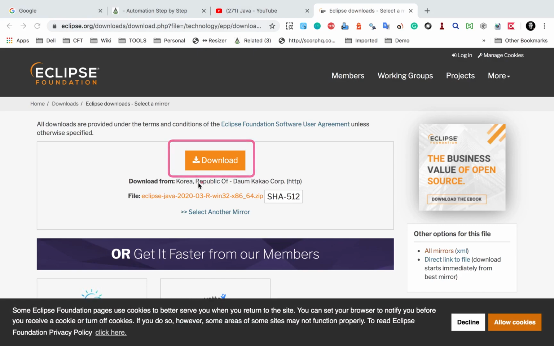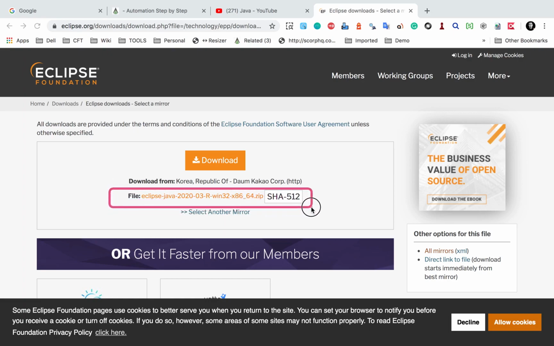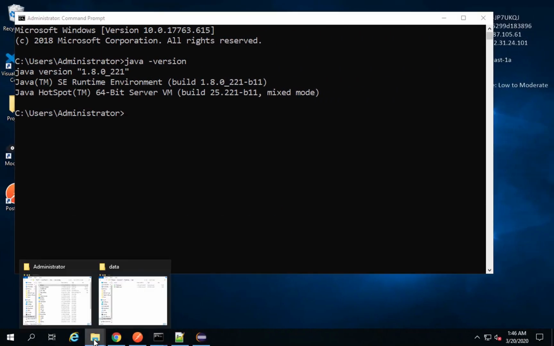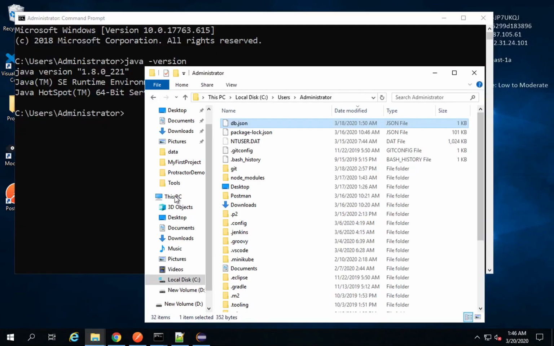And in case you just want to get a zip folder and then you can unzip it, you can get this one. This is a zip folder. You can download it and then unzip and keep at any location on your system, and then just click on the eclipse.exe file. Let me show you here. In my case, I have downloaded this zip folder and then unzipped it. So if I go to my